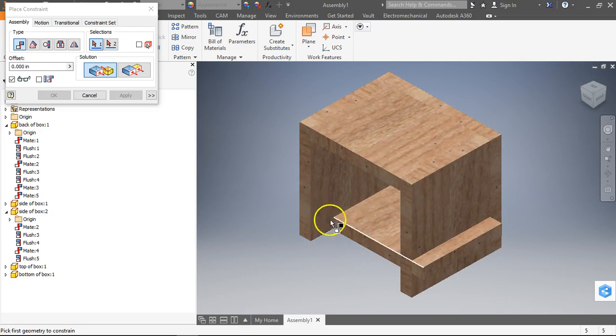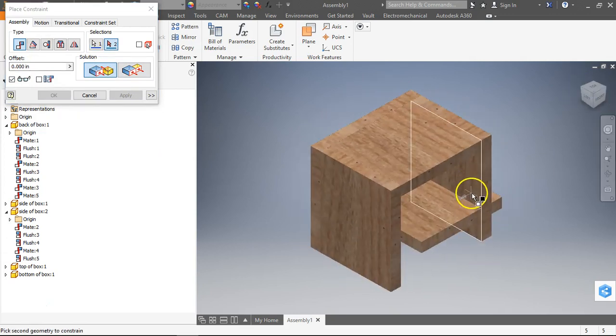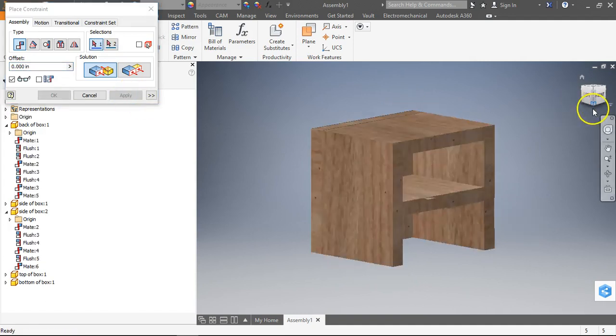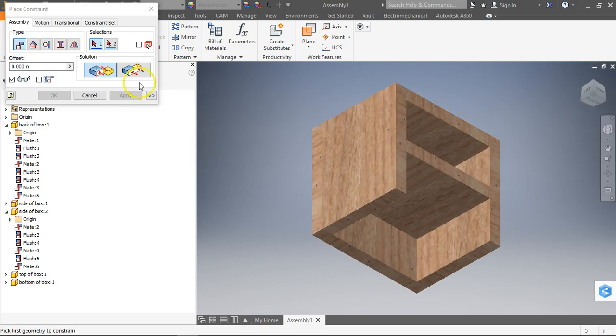And then again, I want to glue this side to the side in there. And again, that's with a mate constraint. This one's mate. And so click there. And I'm going to spin it around, and I want to click there. So it's glued to the side now. Only problem is it's not flush with the bottom. It's too far up. So I'm going to click my flush constraint, click the bottom,